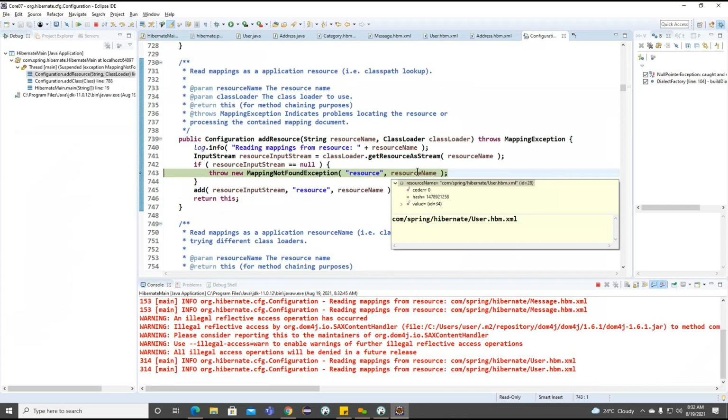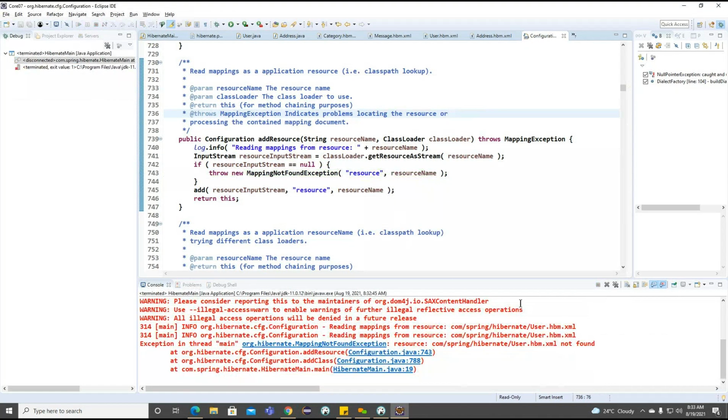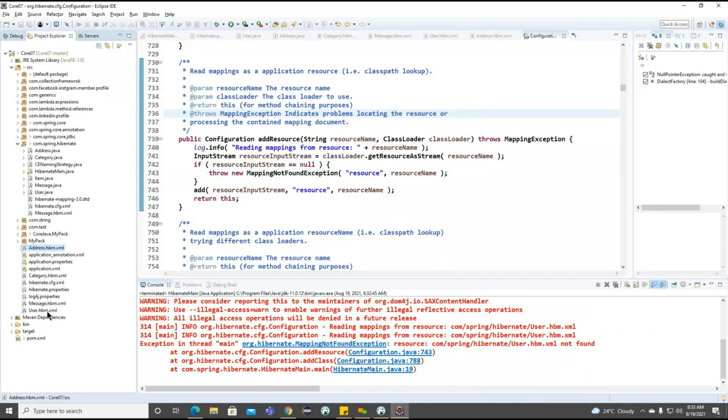User HBM file. Okay. So this particular user is expecting it within this particular package here. But we created user and address.